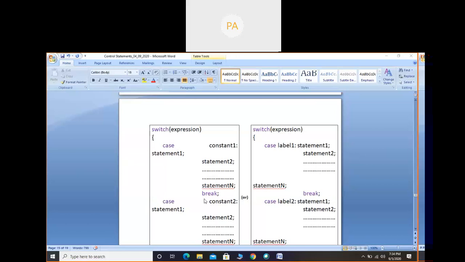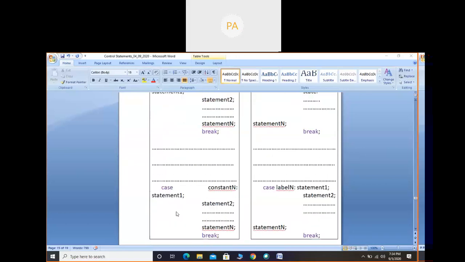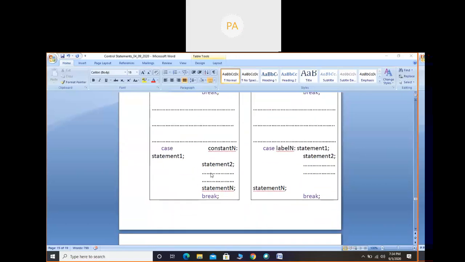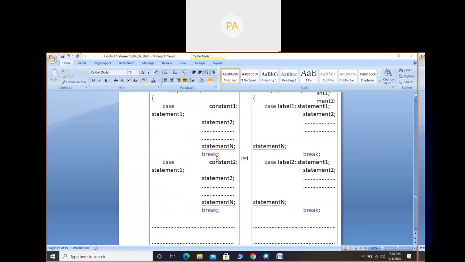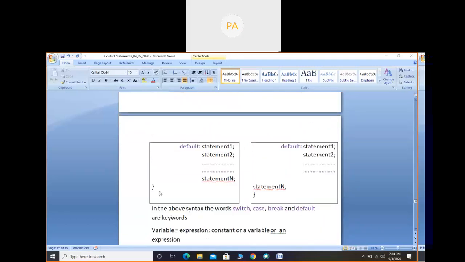If the break statement is not found, program control will move to the further constants till it reaches the end of the switch statement. The end of the switch statement is the closing brace. Either program control should encounter a break statement, or it should encounter the last closing brace.